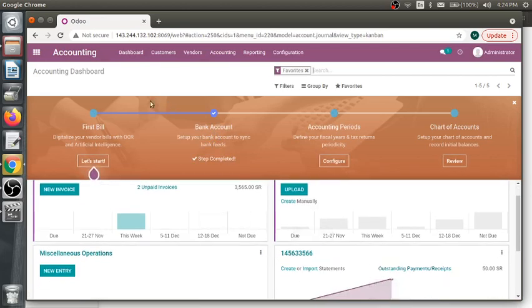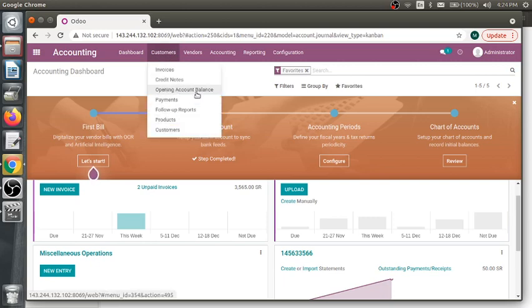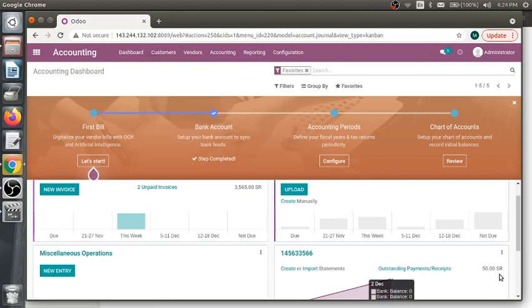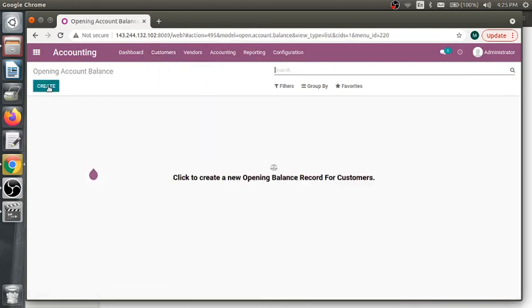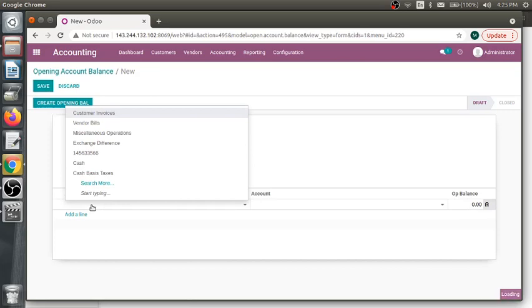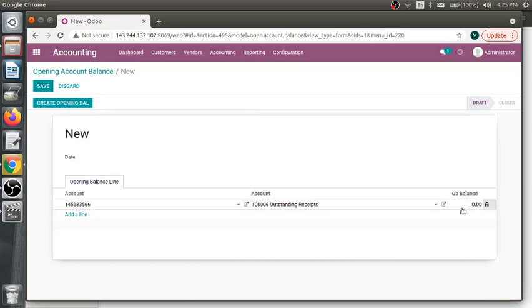Okay, now I am going to show you the opening balance updation in the software. Inside this customer there is a menu called opening balance. Now you can see here the outstanding payment is 50 because we have already given some entries here. This is 50 Saudi Riyal. Now I'm going to add 10,000 more to this same bank account. Here you can select the customer, and here is the opening account balance. I'm going to create this, and you can click on add an account, and you can click on this account,